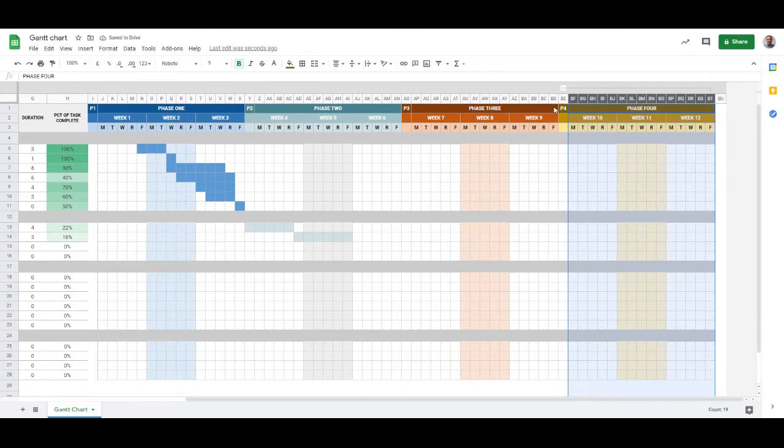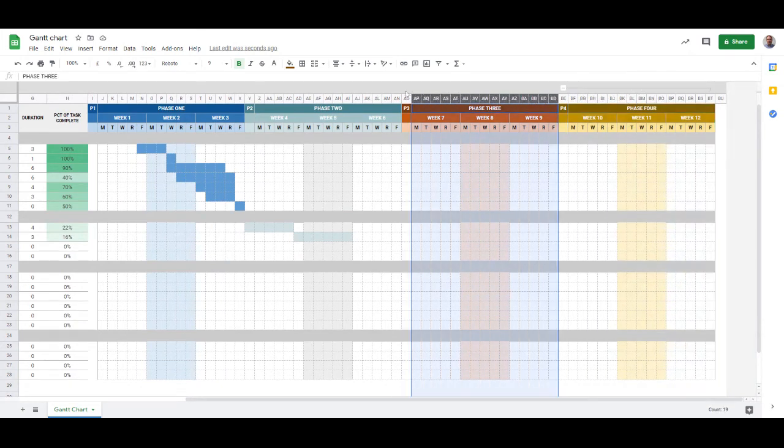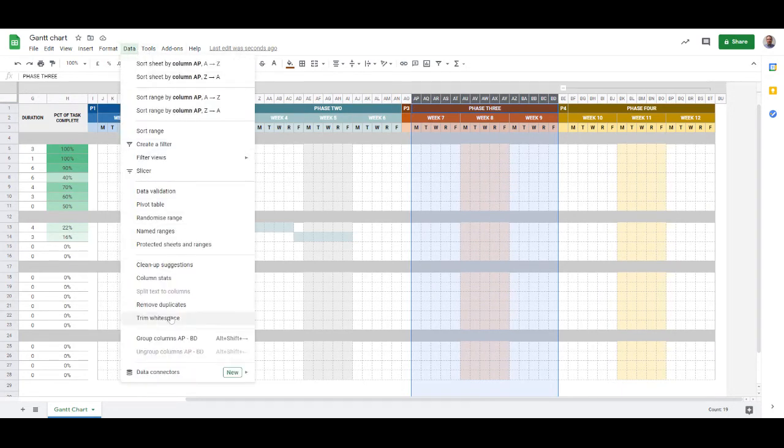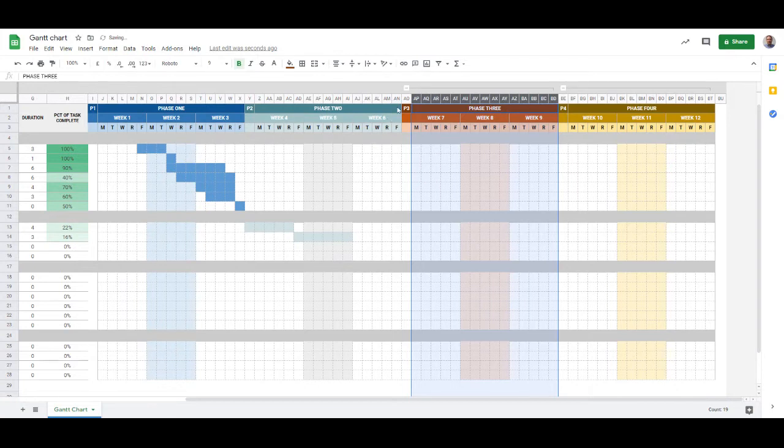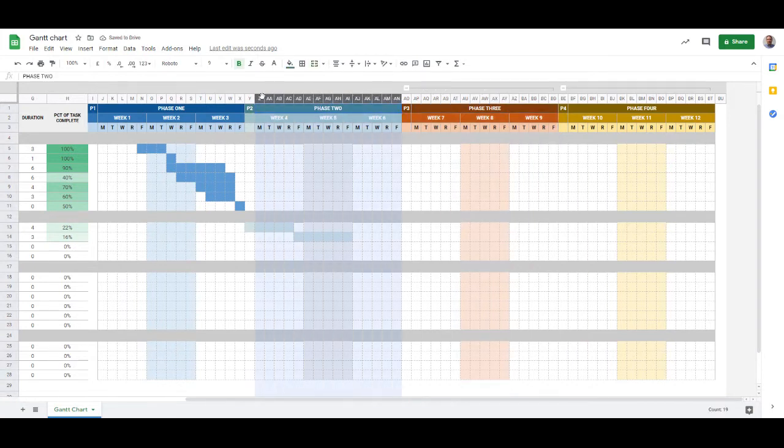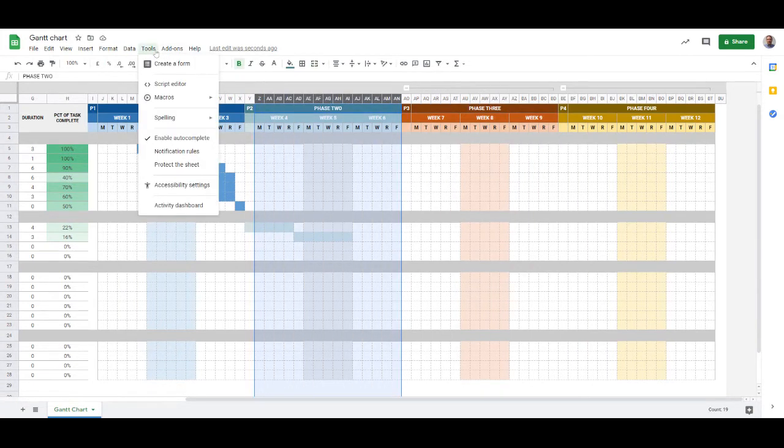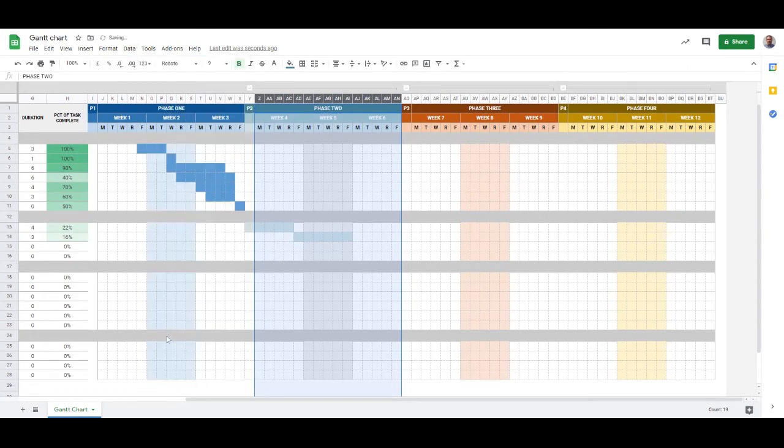So let's do the next one. So we're just going to highlight the cells that we want to group together, but not highlight the one before it, which is the title. Go to data, go to group, and then the same with the next selection. And then we'll do the final one